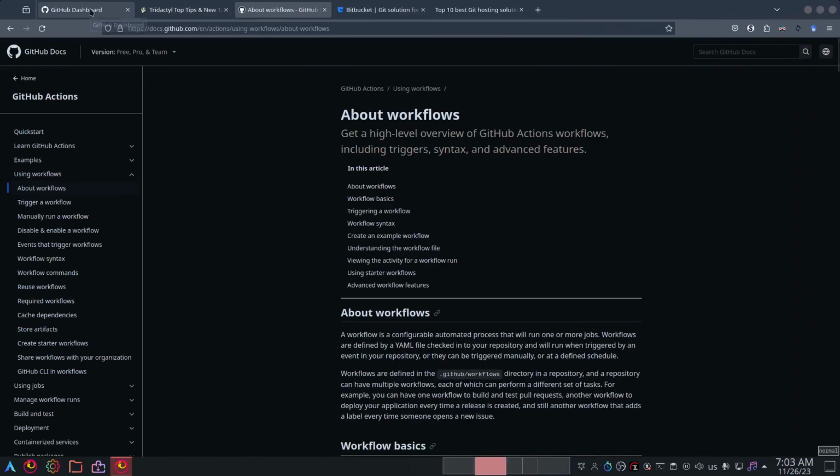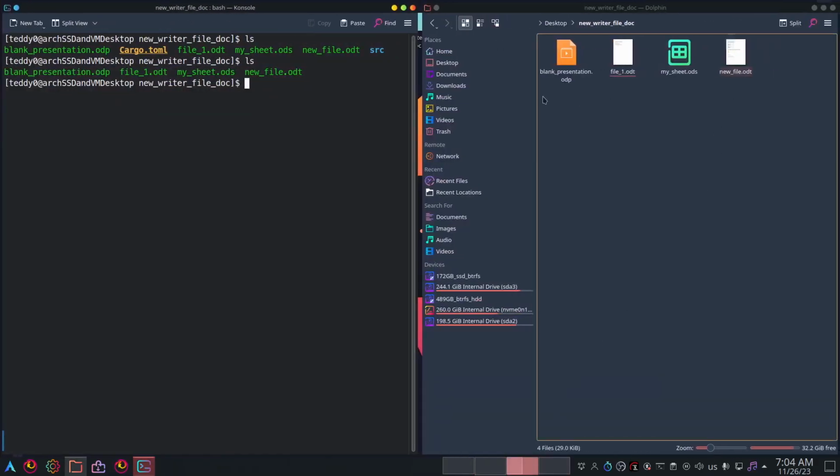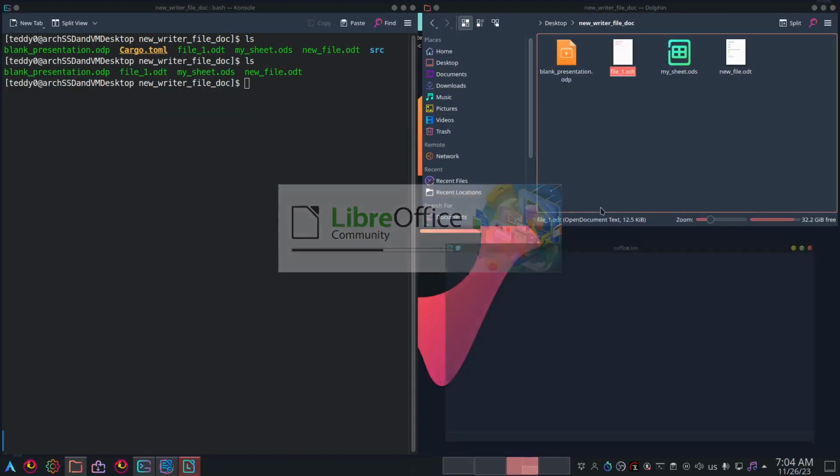So what can you do with GitHub? Let's say you created a new GitHub account. You need to make a GitHub account, and I'm not going to show you that, of course. That's kind of a long-winded process. You can check out some videos online on how to do it. But the thing about GitHub is that, all right, let me use this file1.odt,